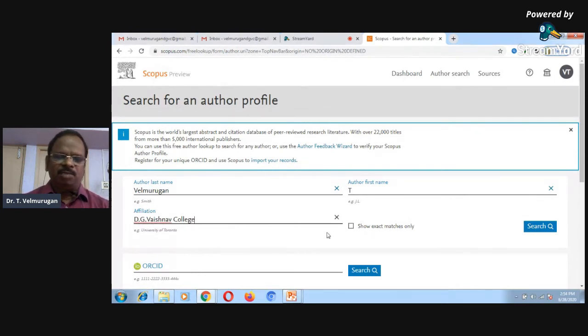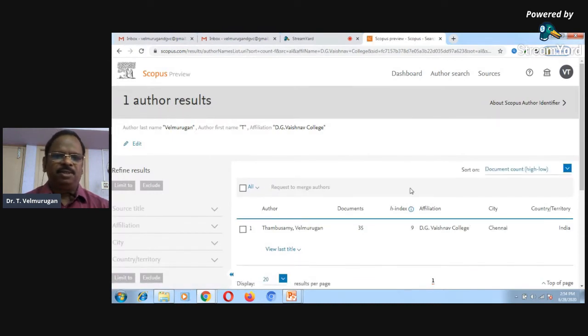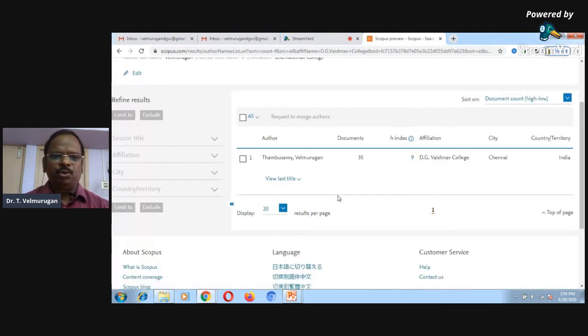Whenever your articles are published in Scopus indexed journals, within a week or within 10 days, your article is automatically available in the Scopus database. Then Scopus automatically assigns a unique Scopus author ID to you. Okay, this is important.